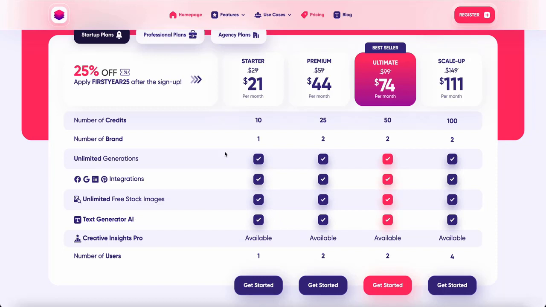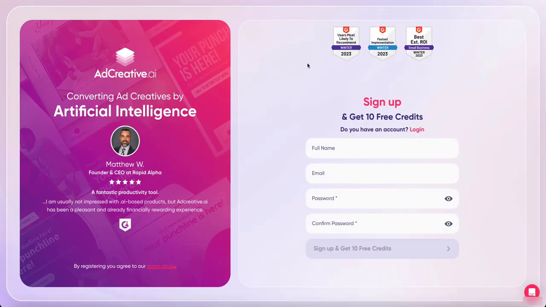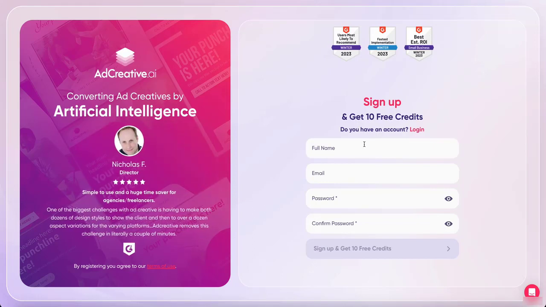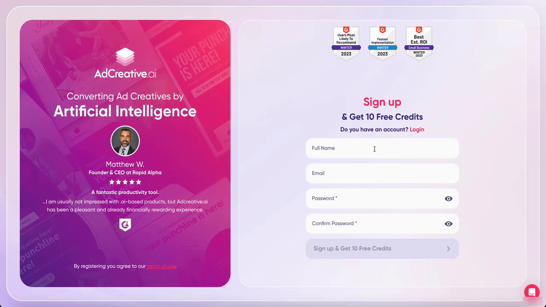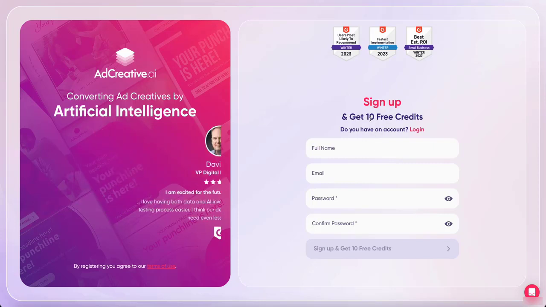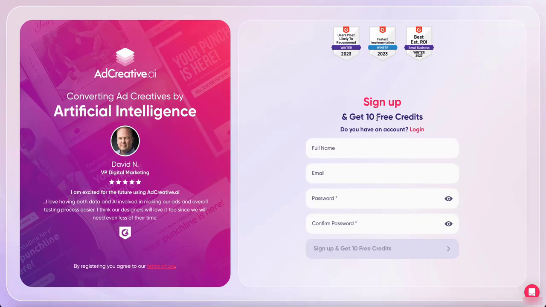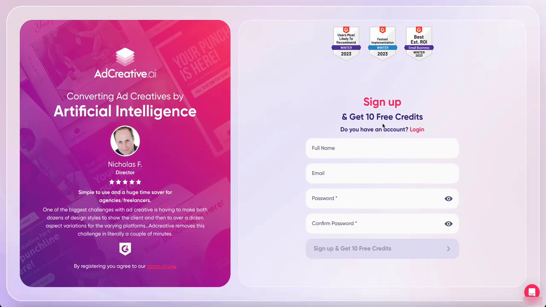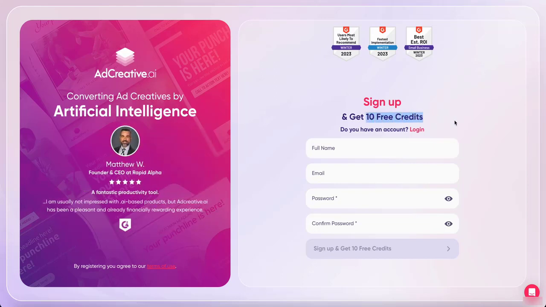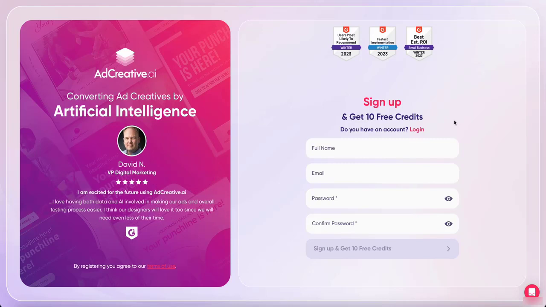So basically, what is good about it is that you can start for free and create a few layouts for free. You get 10 free credits. What is important when you sign up is to know that you connect your card, but they will not charge you anything. You have 7 free days. You can use the 10 free credits and decide within 7 days.